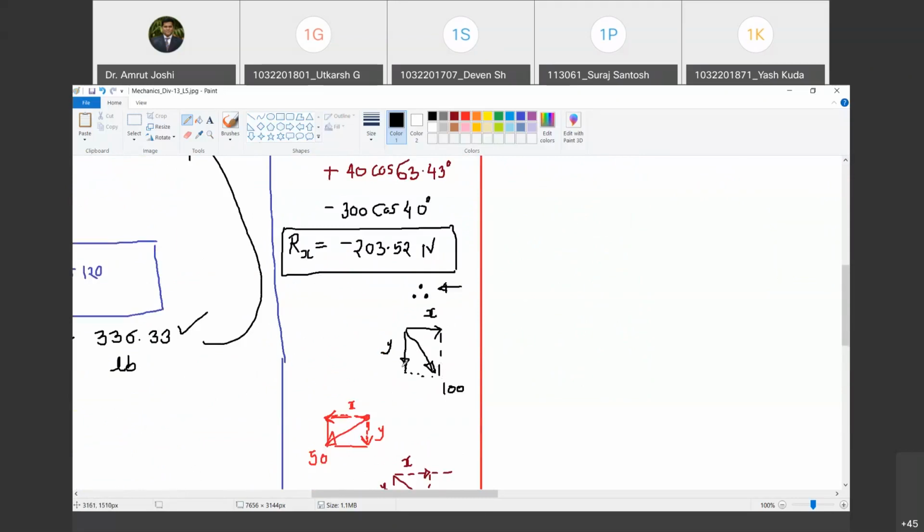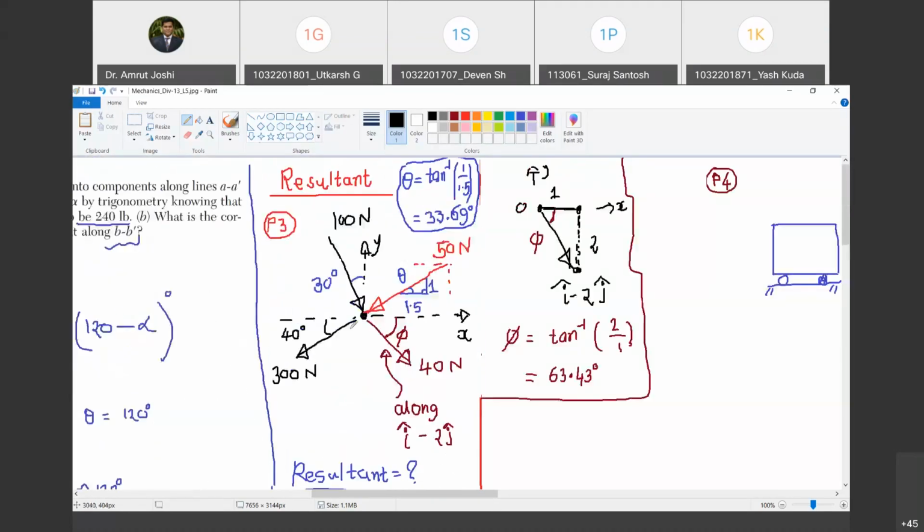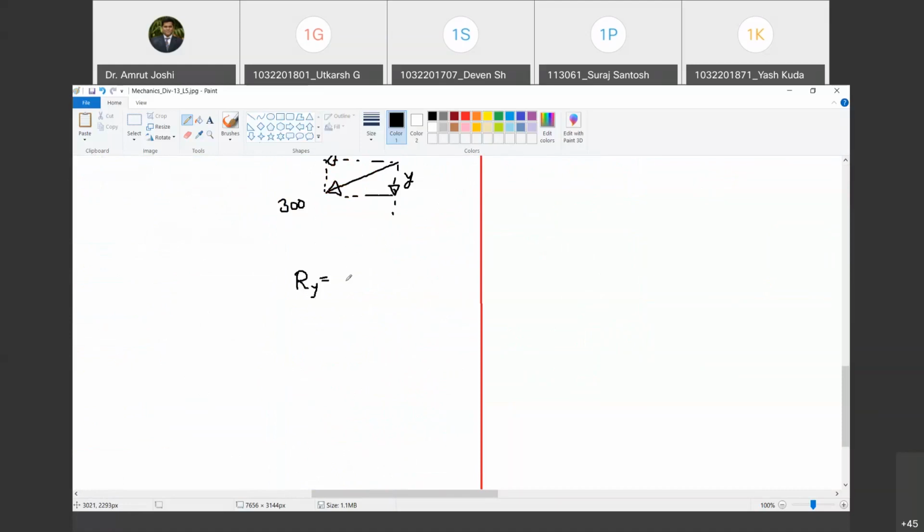So the y component of 100, how is it? Positive or negative? Negative. And what is the angle? 30 degrees. The angle is 30 degrees with y. So what will be the component? 100 cos 30 or 100 sin 30? Cos 30, because the component adjacent to theta is cos theta. It's not that the horizontal component is sin and the vertical component is cos. It is nothing like that. The component adjacent to theta is cos theta. Are you with me? Yes. So therefore it is going to be minus 100 cos 30. So I will write minus 100 cos 30.